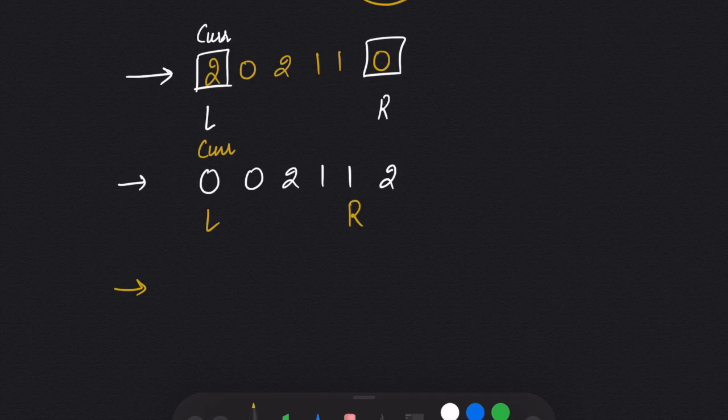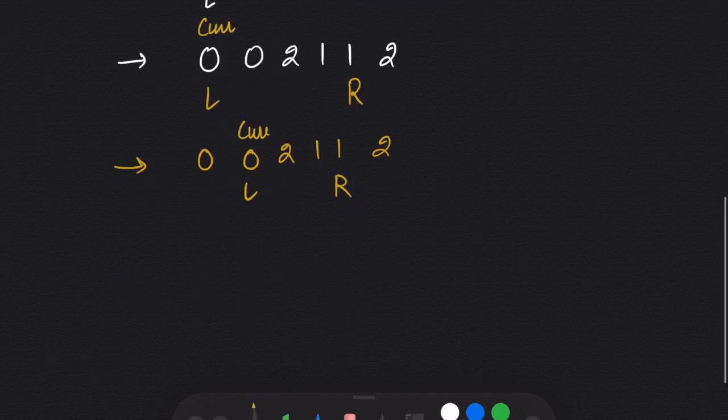Now we have fixed our first left, so we will move our left to the right by 1. So now my left will come here and my current will also come here. Now again I will check the value of current, and the value of current is 0. So again, we will swap it with left.